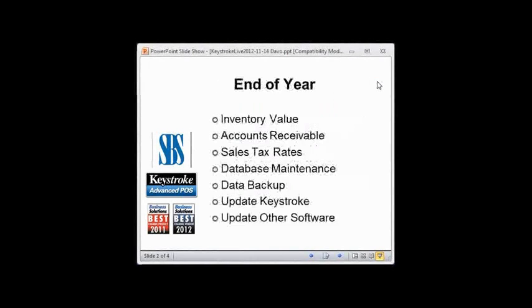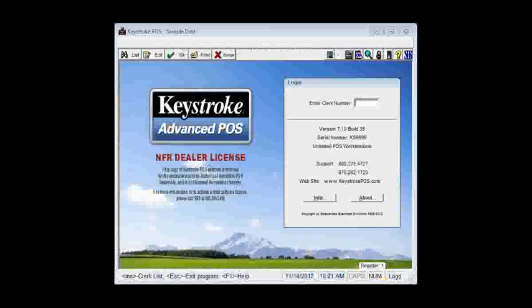And today we're going to talk about end-of-year procedures. My first two points there about inventory value and accounts receivable are reports that are important to run, and why they're important to run at the end of the year is I call them absolute reports, that they report on what is the value today. So if I switch over to my Keystroke,